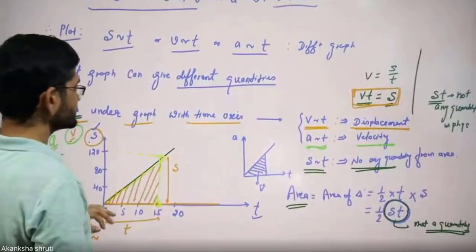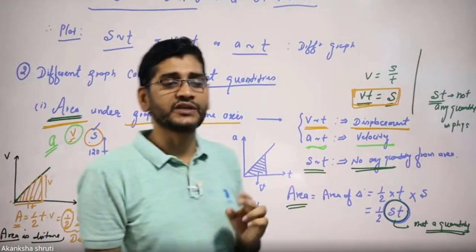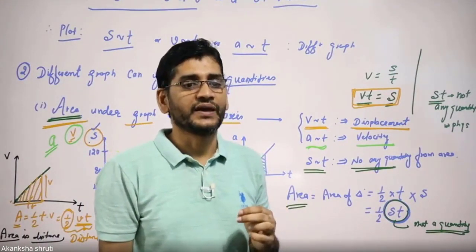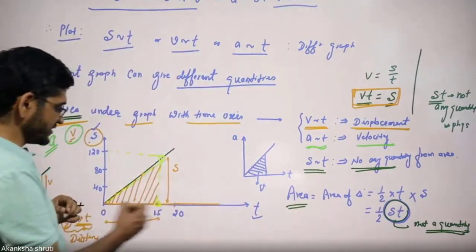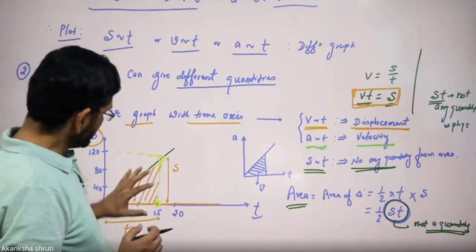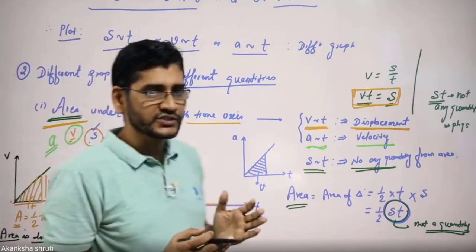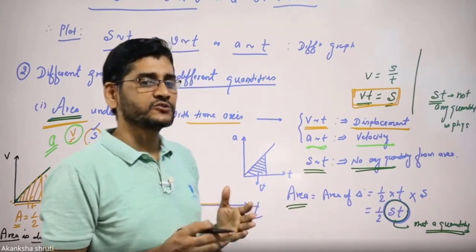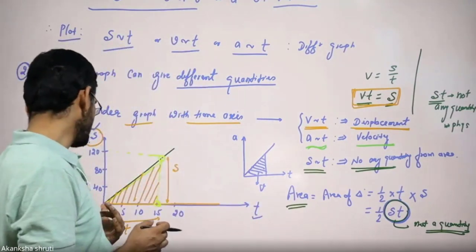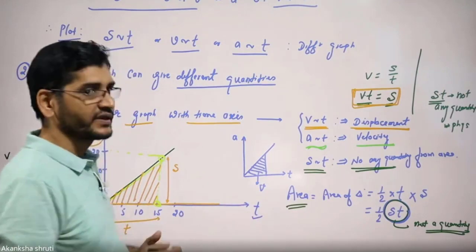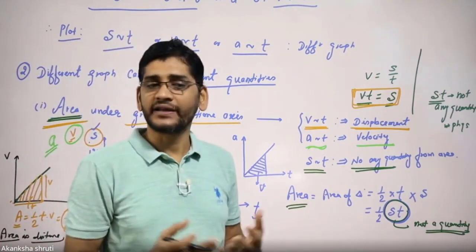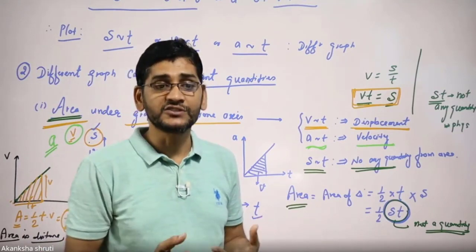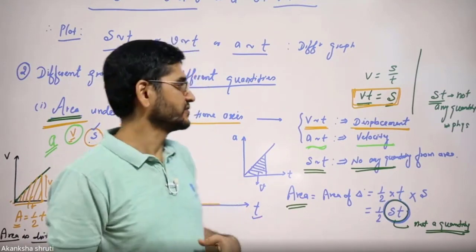Students, we have learned that from the graph two things can be calculated. One is area, another is the slope. Area, so the area of this curve with the time axis. Now, this area can give a useful quantity if it is defined in physics. Similarly, the slope means the ratio of the quantity on the vertical axis and the time. If that ratio is defined in physics and gives some physical quantity, that quantity can be obtained. If it is not defined, then we cannot get any useful quantity.